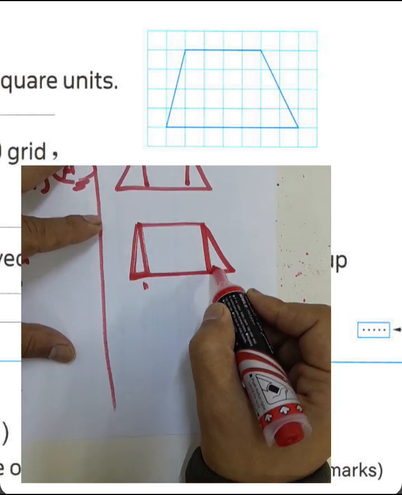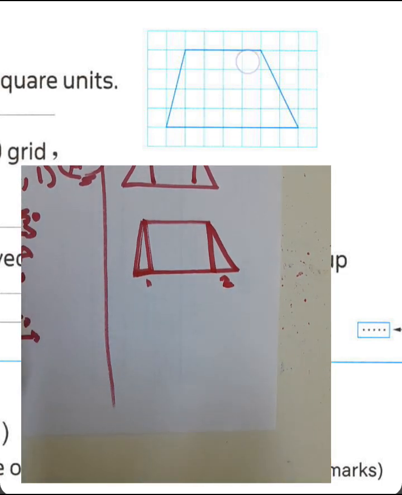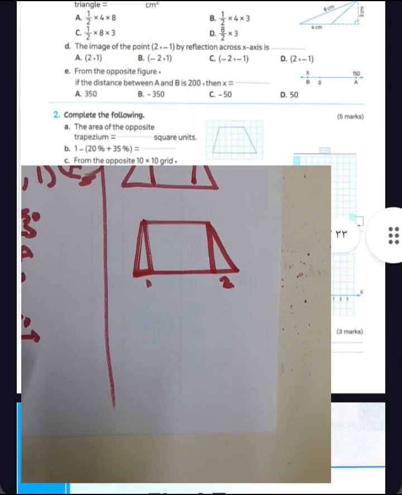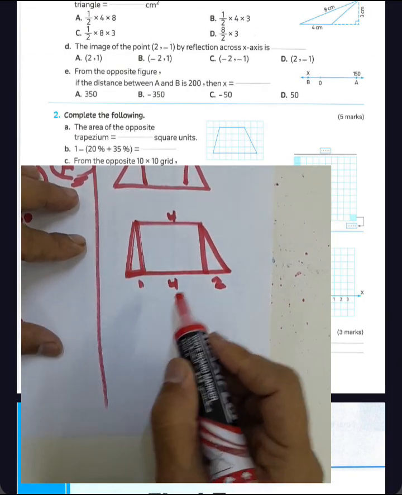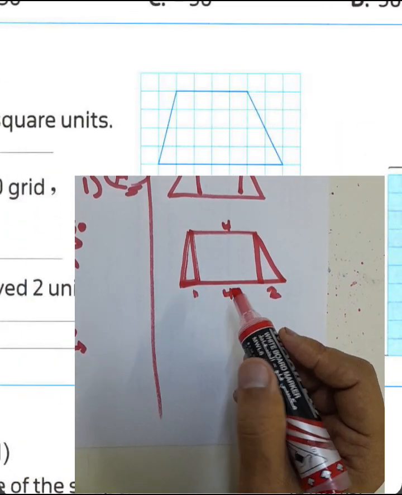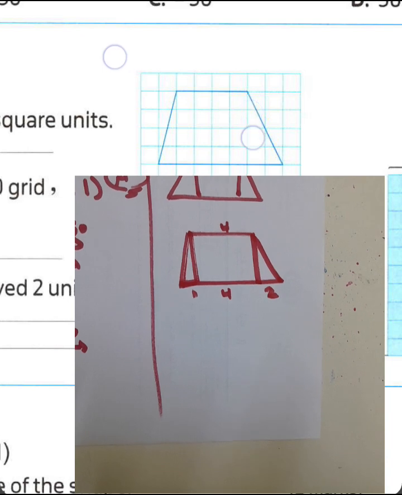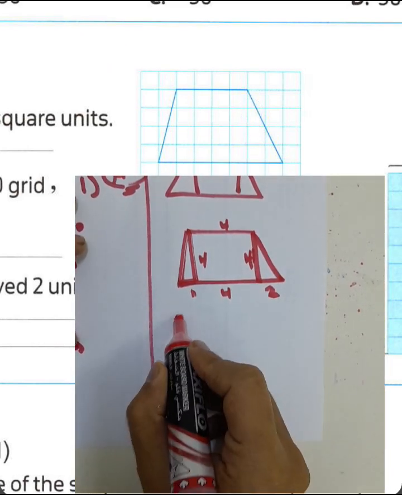And here in the down 2 parts, and up 1, 2, 3, 4 side lengths here, and here 4. And the height, we can count how many units. Count with me here. 1, 2, 3, 4. 4 and 4. Then the area